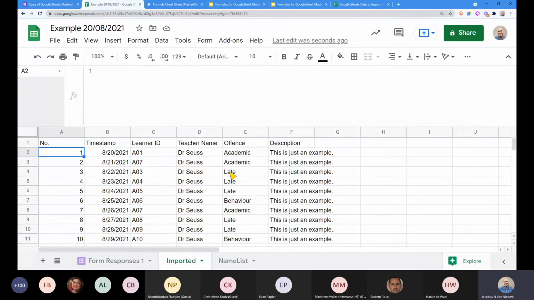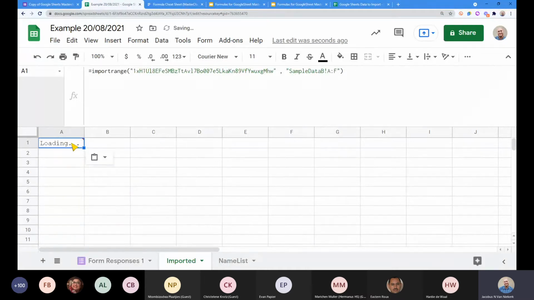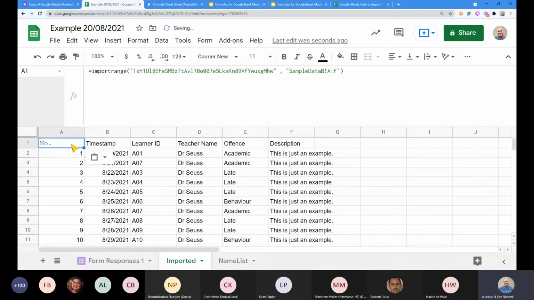If you have that access, the first time you use this import range, the information won't just pop up. If I do that, you'll see there's a little loading icon, and that's going to add a little element that says allow permission.